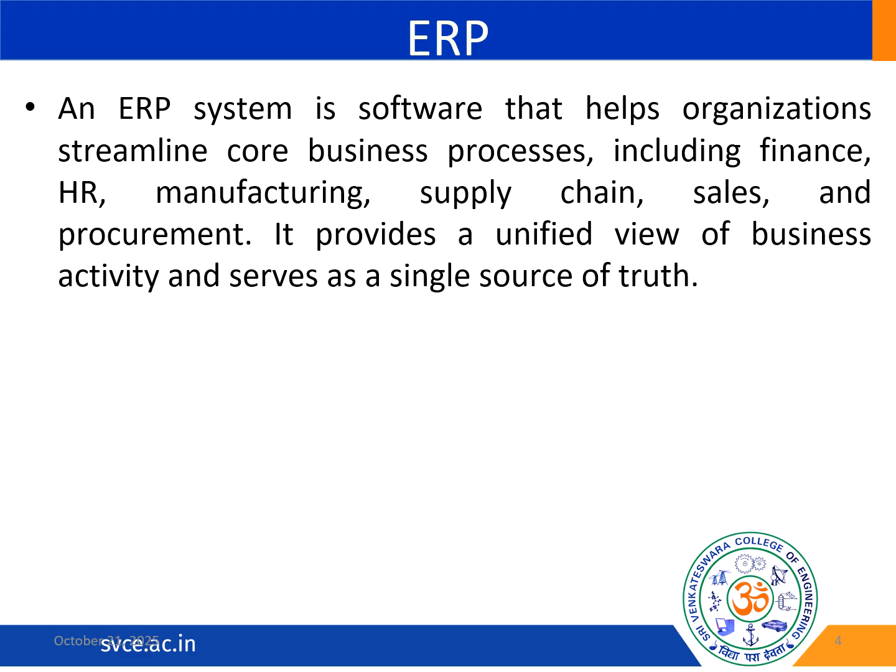These operations can include finance, human resources, manufacturing, supply chains, sales and other activities in the industry. By consolidating data across departments, ERP systems offer a centralized, real-time view of business activities. This enables informed decision-making, and it serves as the organization's single source of truth. So that's all about ERP systems.